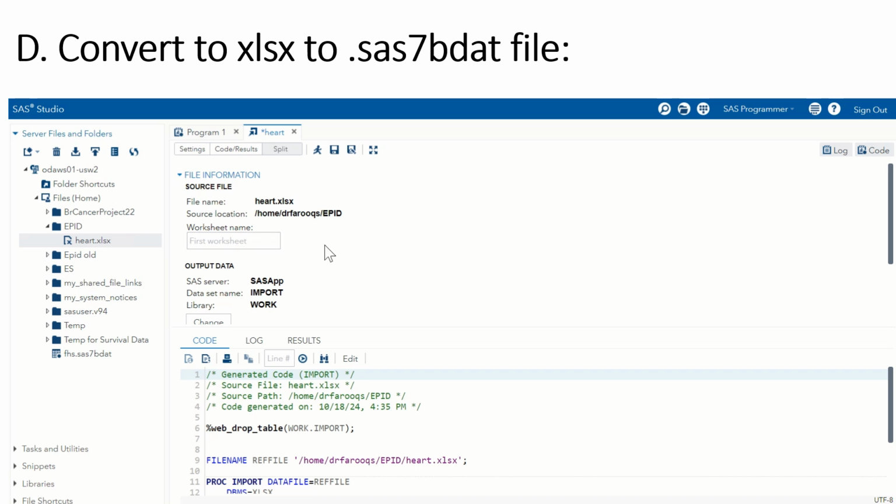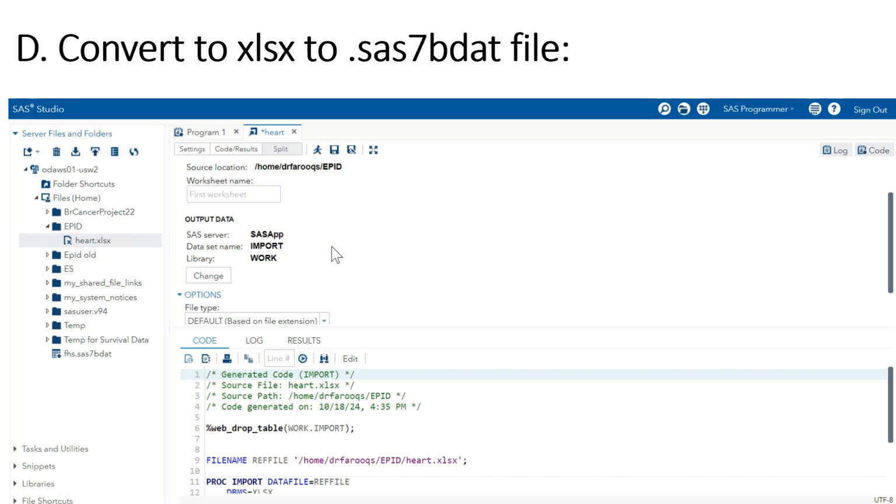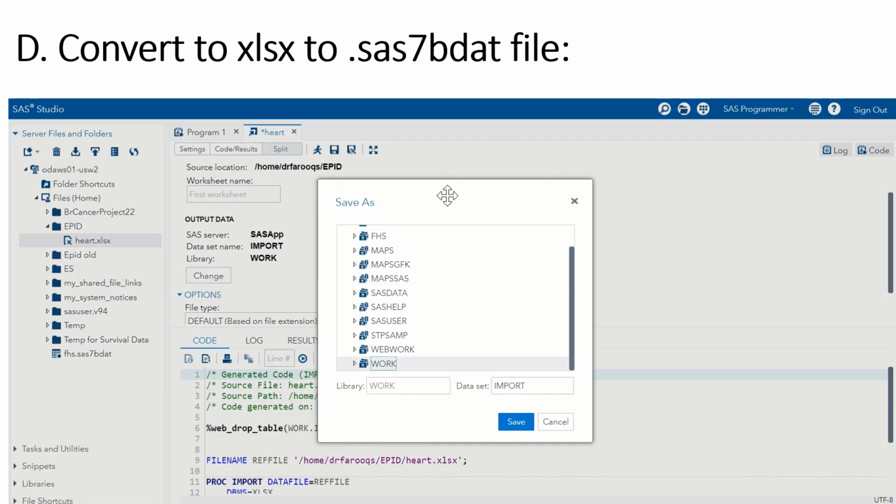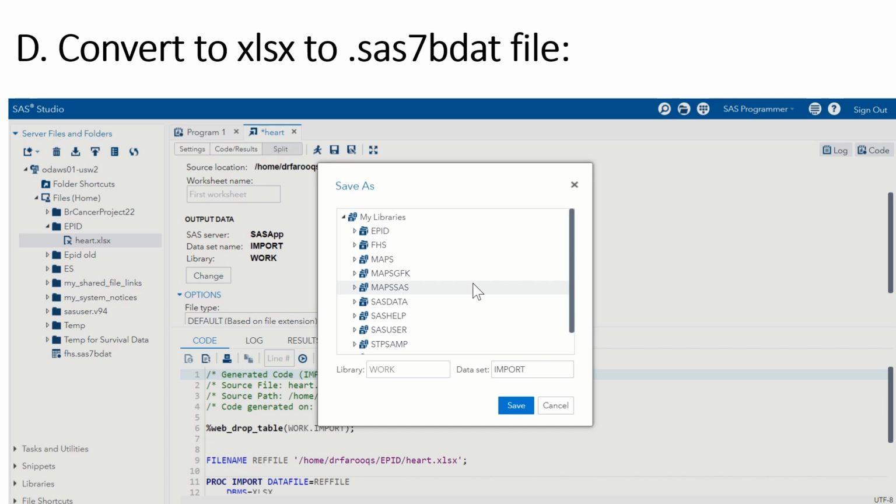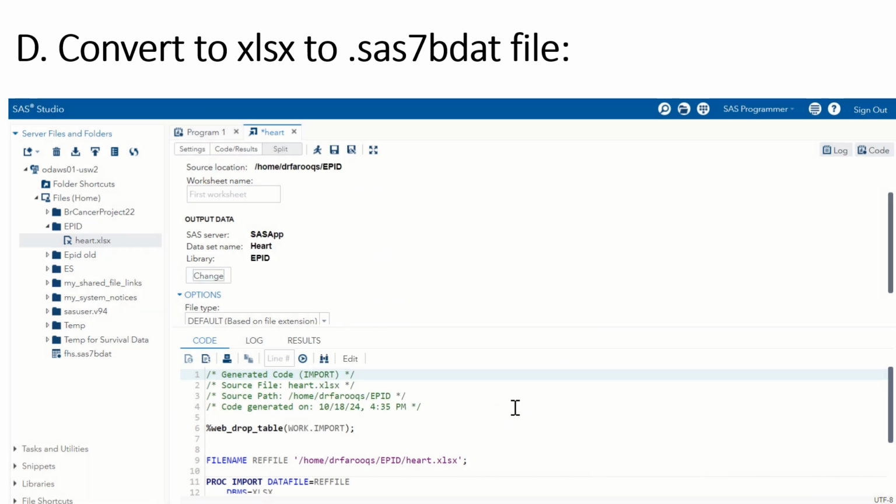But what we do want to change is the output data. We do not want this file to be named import, and we do not want to save it under work, because work is a temporary library. So hit change. That will open up a pop-up window. We will save our new SAS formatted heart file in Epid, the library which we created previously, and we are going to name this file heart, and then hit save,